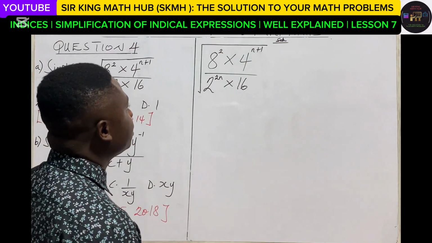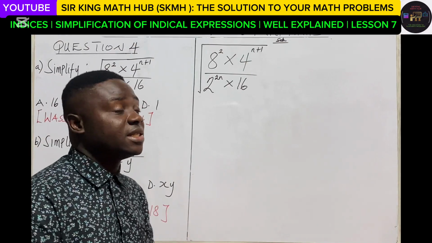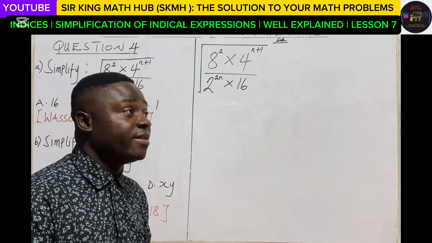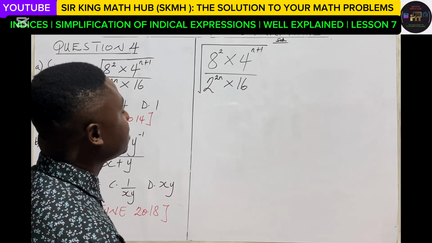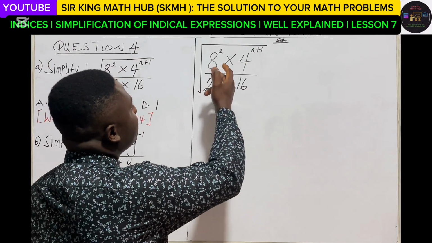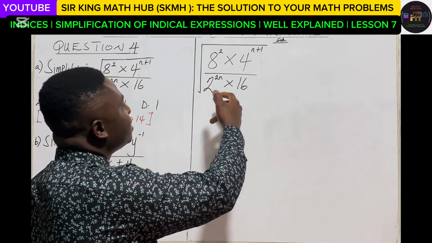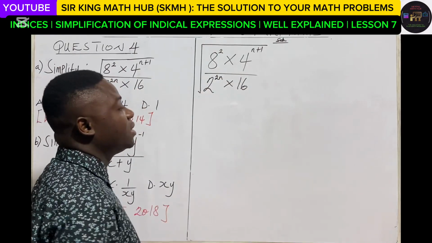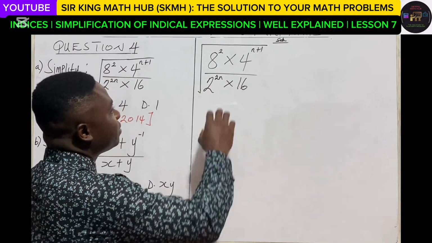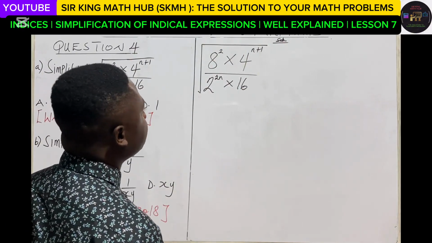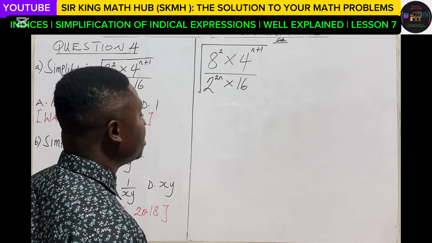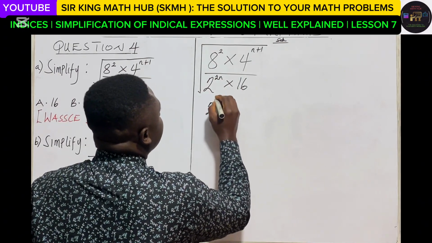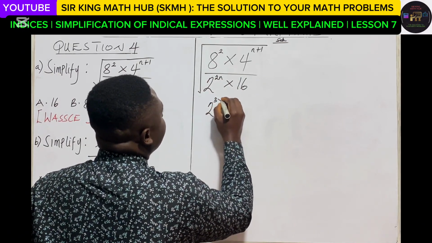This is what we are going to do. We are going to simplify all the expressions inside the square root first. But to do this, can we write 8, 4, 16 and 2 to have the same base? Yes, you can see that the common base here is 2. So let's rewrite all the numbers to have a single base. So 8 could be written as 2 exponent 3, multiplying the 2,